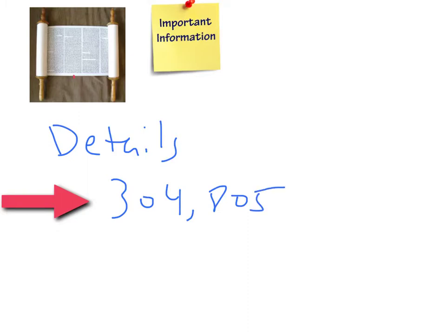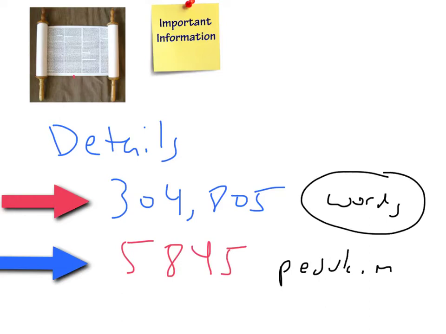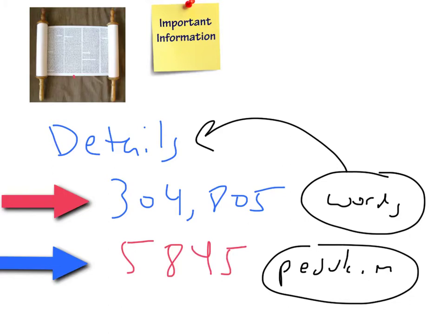To add to that, if you were to count, I wouldn't suggest this. I much more suggest going on the internet and checking it out. You'd see that there are a total of 304,805 letters in our Sefer Torah, and there are a total of 5,845 psukim. So one would expect that within all these words and all these psukim you would find details upon